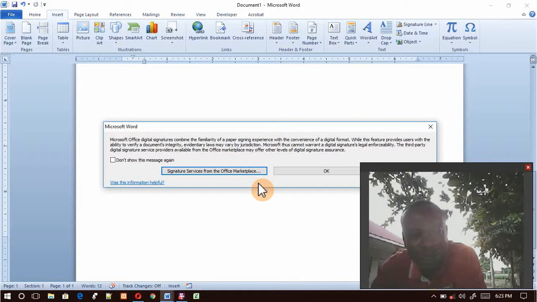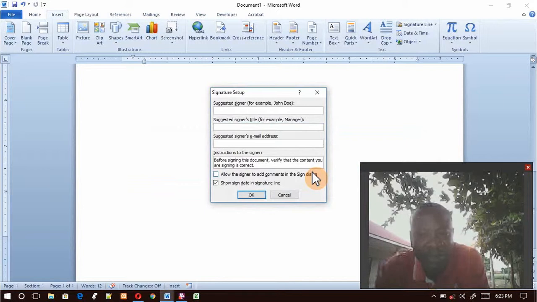But in this case, we are signing it ourselves, so once we open the document in the computer where the document signature was created, we can validate or verify that the document was tampered with. So now we will just say okay, and then it gives us the option to